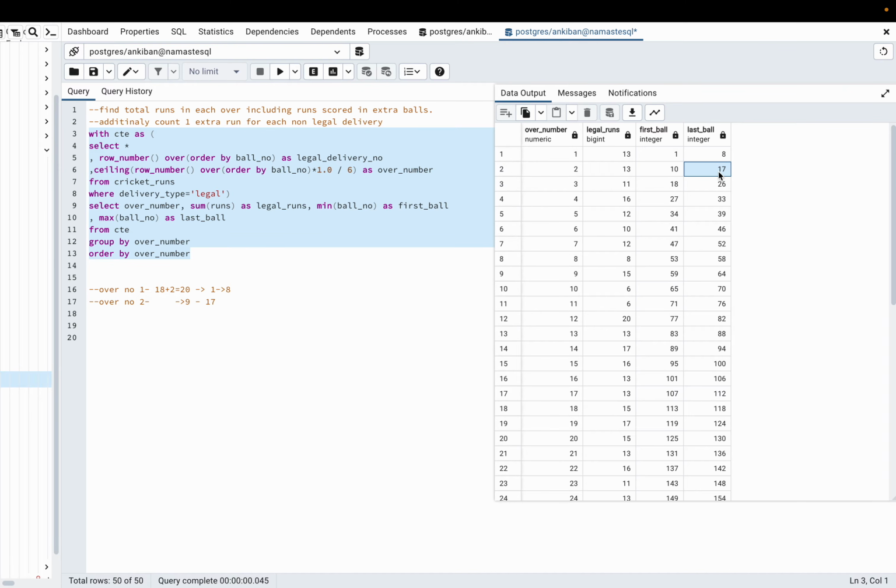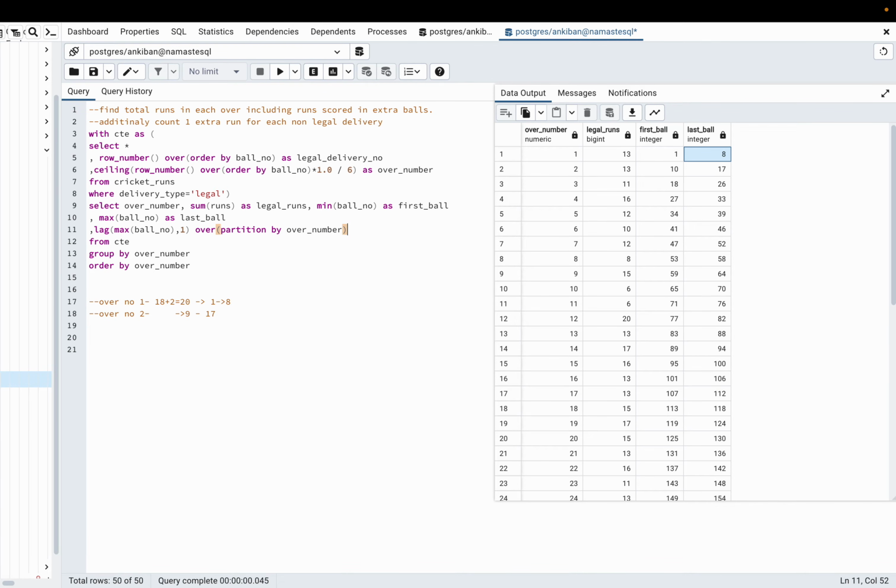So let's do it. So what we will do now is, using the lag function, I will get the previous over's last ball, so that I can use it. So I'll take a lag as well here. So it will be like this. I'll say lag, and I need the last ball, right? Last ball of previous over. So I will say max ball number, comma 1. 1 is lag 1, over partition by over number, right?